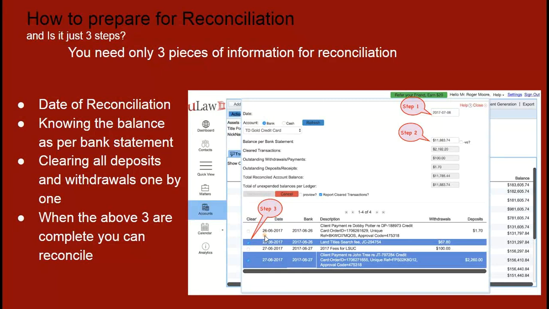And now you're just comparing and making sure that within that date range, in this case it's a couple of years back, obviously it's a really old screenshot, as of that particular date, what are all the transactions between the bookkeeping system and the bank that match? Okay? That's it. You put the date, the balance, and you're matching the transactions.